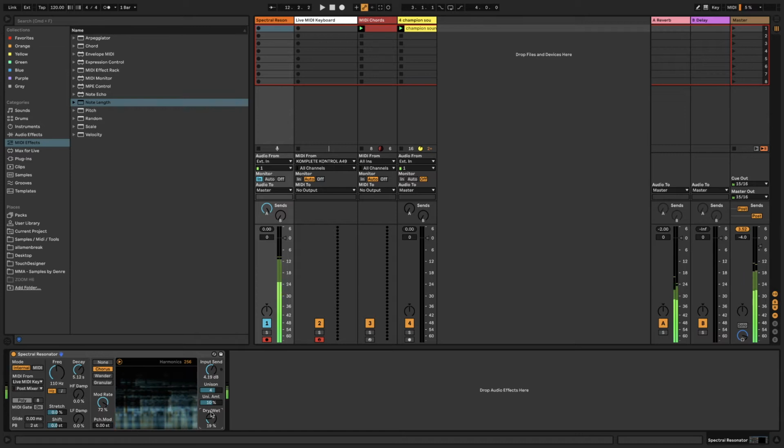So if I go to internal mode, what this allows you to do now is to essentially change the pitch. So if I can lower this down, and then if I increase the dry and wet, you're hearing more of the wet sound than you are the dry sound. If I keep going, that'll get lower and lower. And if I just keep taking this up,